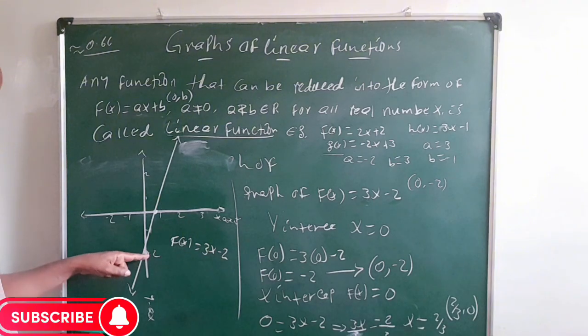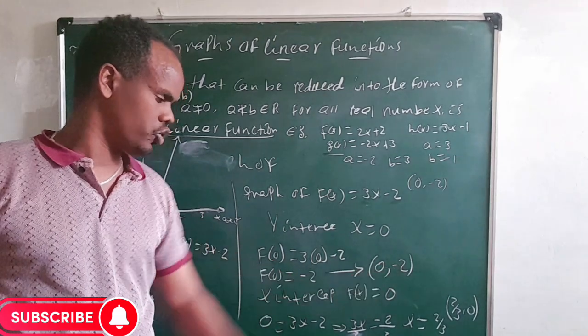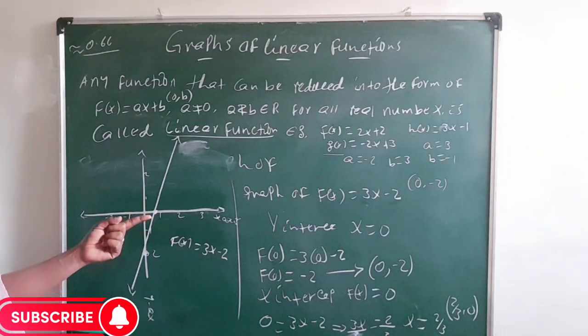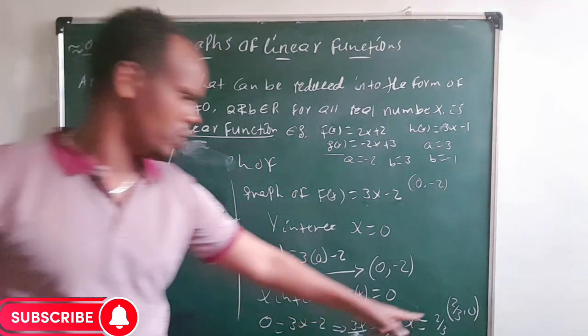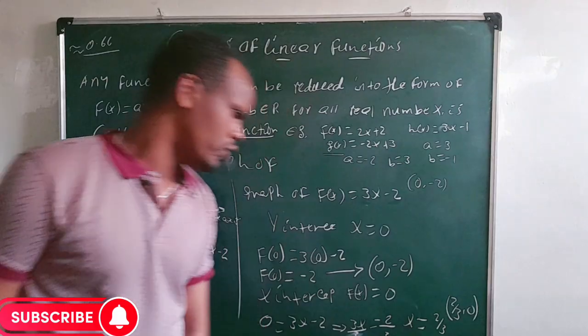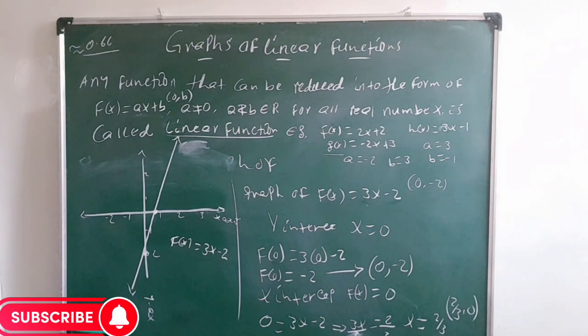The y-intercept is at y = -2, or in ordered pair form, (0, -2). The x-intercept is at x = 2/3, and in ordered pair form that is (2/3, 0). So that is the graph of f(x) = 3x - 2. Okay, the second one is